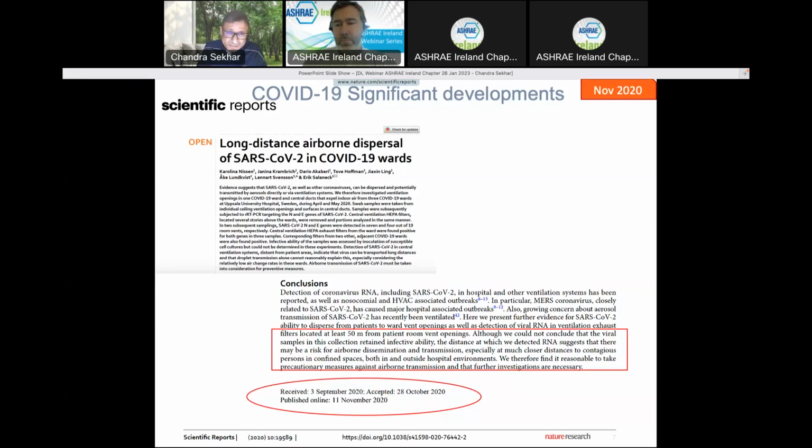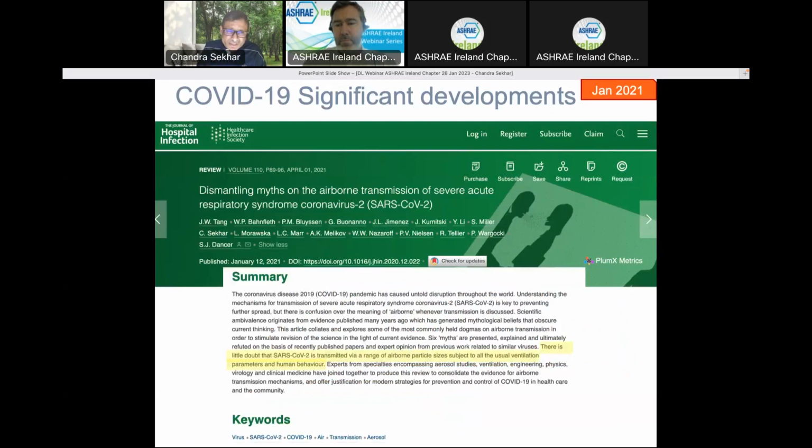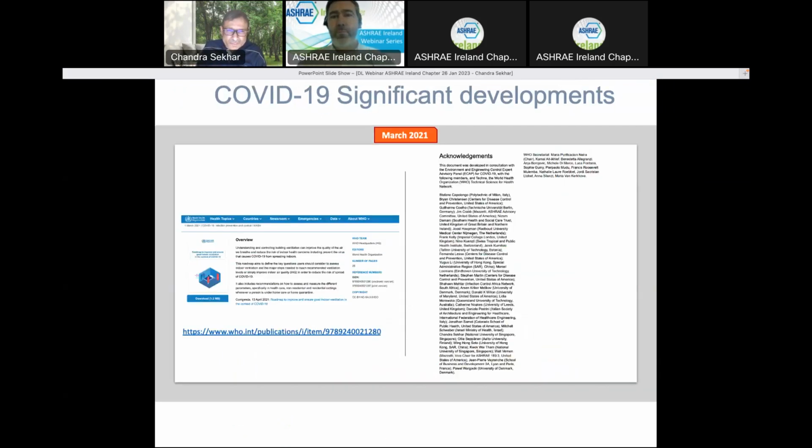This is yet another article. I'm just going to quickly run through these slides to show how the evolution occurred. Somewhere on the slide you will see a red button with the date of the month and the year, so things moved in time. So this is January 2021. We were trying to address some of what we call the myths on the airborne transmission of SARS-CoV-2 and see what we knew, what people were talking about, and what it is that we know from science-based reasoning on some of these aspects.